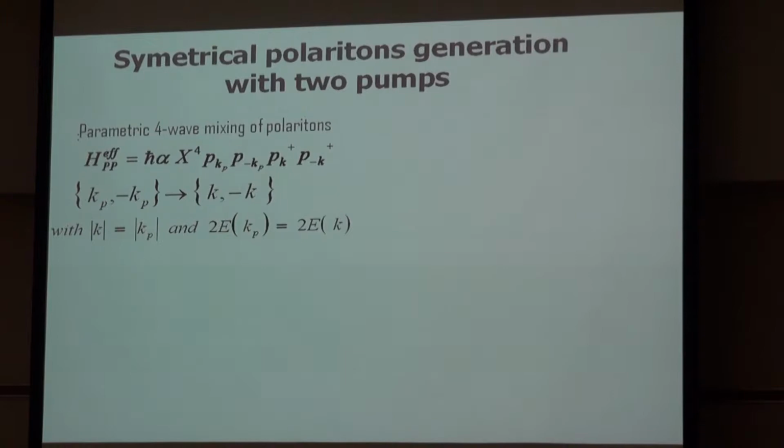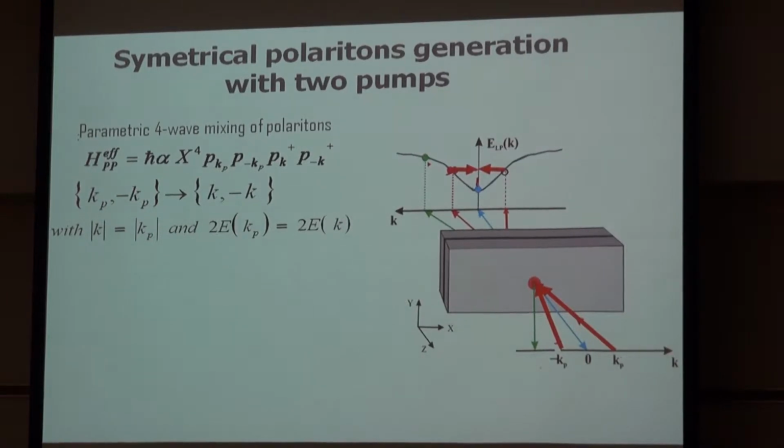That is, when two polaritons with momentum Kp and minus Kp, for example, hit each other, they can create two other polaritons. So this is just like four-wave mixing,